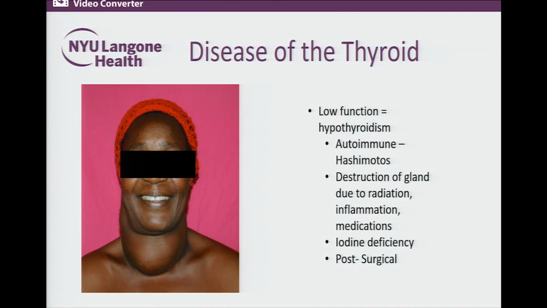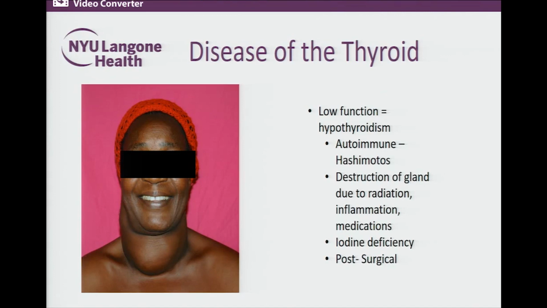And so that's our Hashimoto's thyroiditis, okay? Those can be seen to run in families, and typically onset can be throughout the lifespan, okay? You can also have destruction of the gland. The gland can be destroyed by inflammation, okay? So sometimes, rarely, we can see infections. We can see certain medications that can cause the thyroid to inflame and then have dysfunction. And then more commonly, we think of when people have radiation therapy. So for example, head and neck cancers, which we treat with radiation, you can see destruction of the thyroid